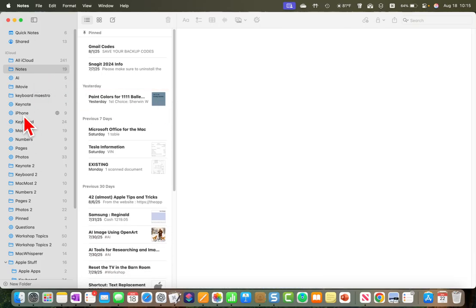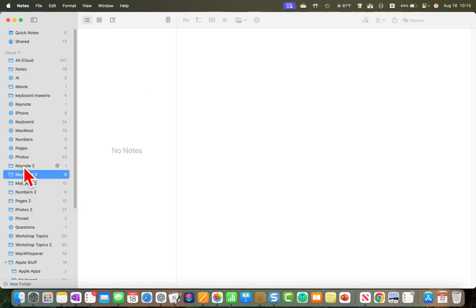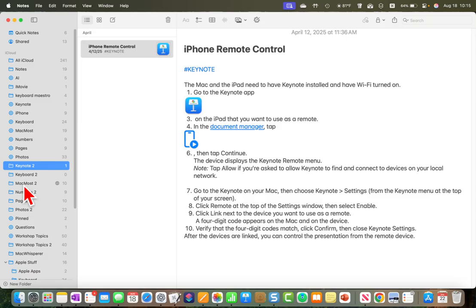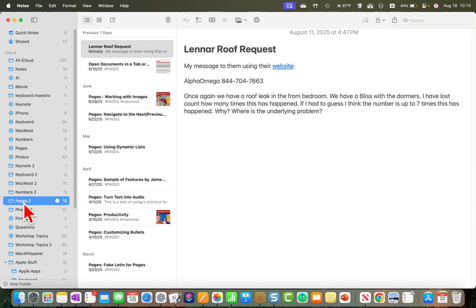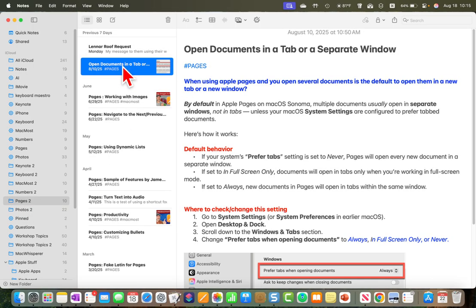Now, if you have a lot of folders like I do, that's what these are. These are folders that contain things related to the Keynote. Keynote is, of course, I shouldn't say of course, that's your presentation program. Here is a folder with things called Pages. This Pages, of course, is the application for word processing. So whenever you create a note,